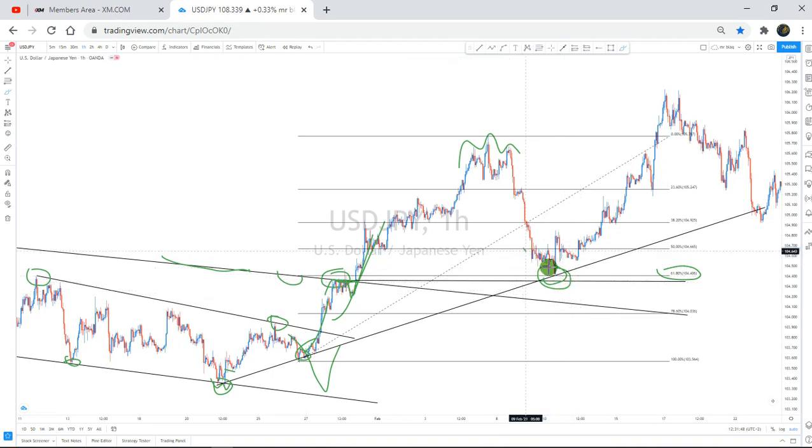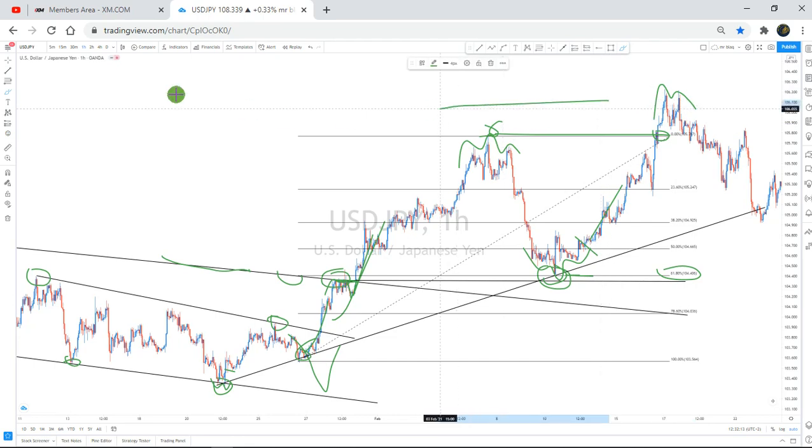As you can see, they gave us an inverted head and shoulder here, and then the entry will be somewhere around this point at the neckline, then the stop loss will be here. Then your take profit point will be the previous head and shoulder, meaning somewhere around this point. As you can see, once they hit your take profit point, they gave us information. So once you get information like this, then you know,